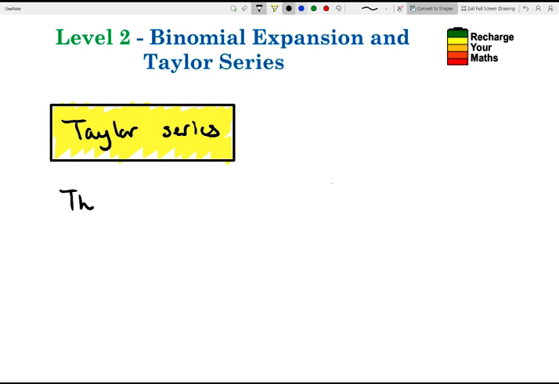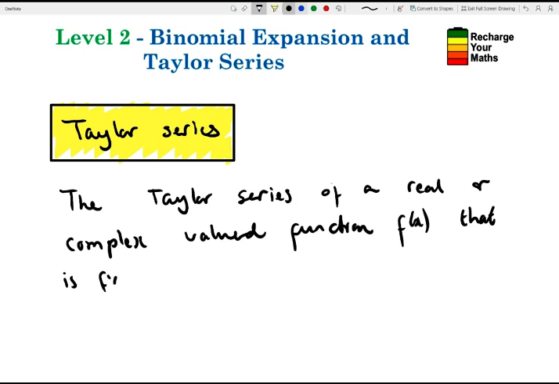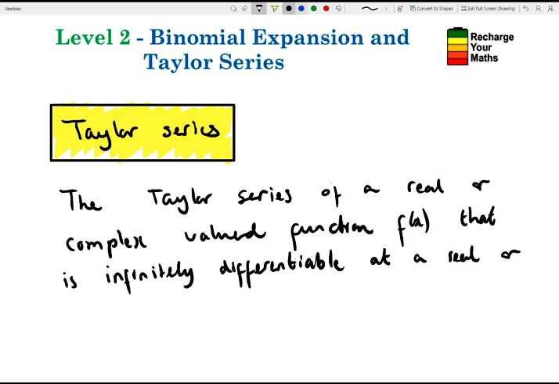And let's start off by saying the following. The Taylor series of a real or complex valued function, say f of x, that is infinitely differentiable at a real or complex number, say A, is the power series